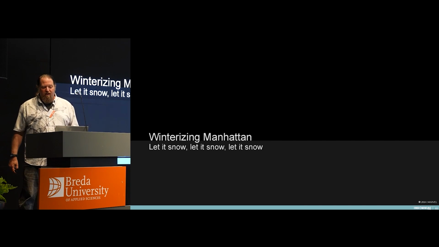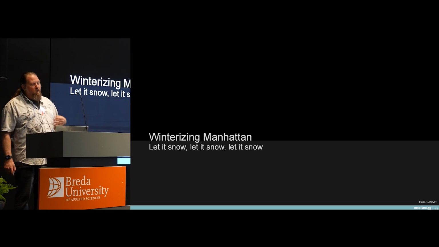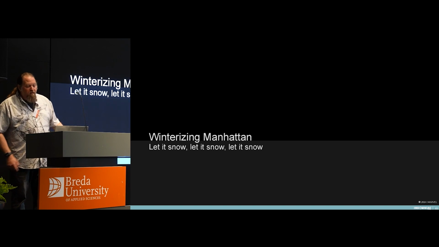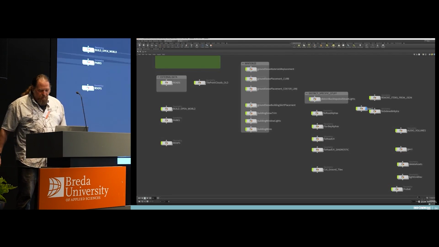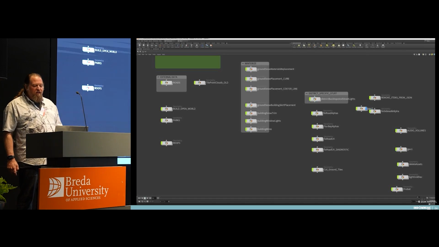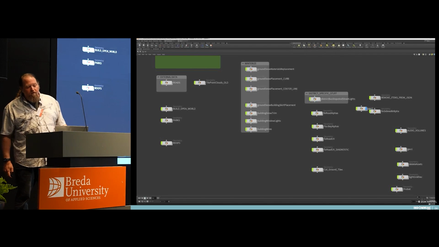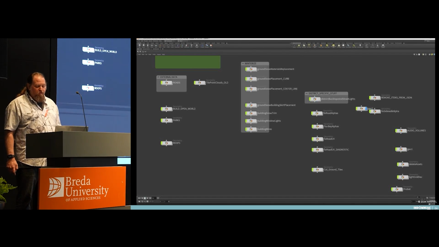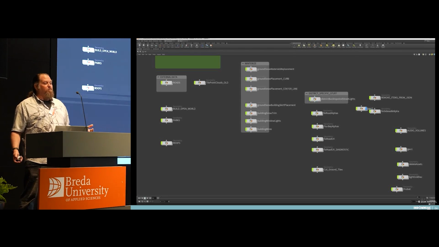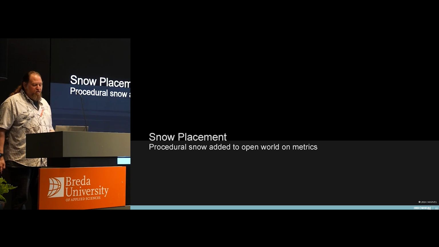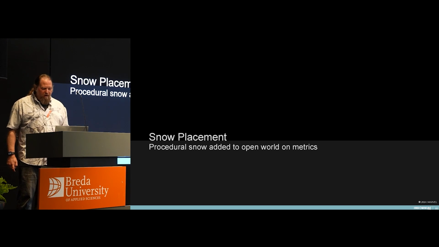Marvel's Spider-Man Miles Morales is set during the winter and required updating the environment of Marvel's Manhattan for the holidays. Most of the objects in this Houdini network view represent various workflows needed to generate procedural content for Marvel's Spider-Man Miles Morales. A big part of changing the season from fall to winter was adding